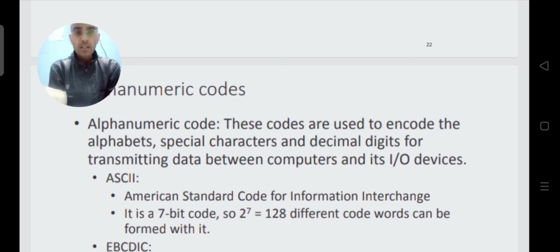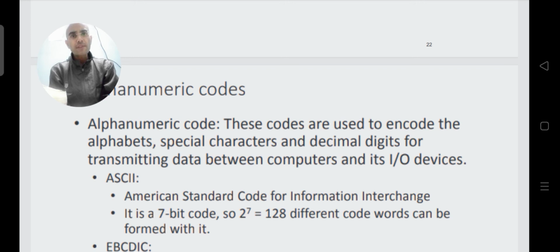Suppose you have pressed A on the keyboard. The A on the keyboard should be represented with some binary equivalent, and that binary equivalent is nothing but some alphanumeric code.